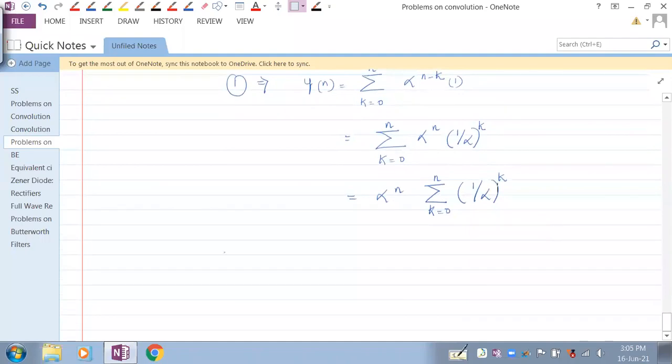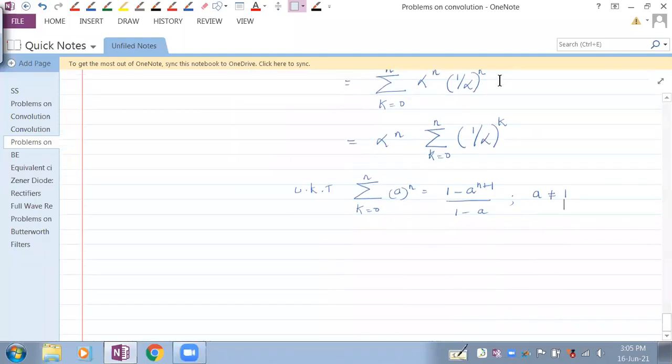And what we know? We know that summation k ranging from 0 to n, a power k is equal to 1 minus a power n plus 1 divided by 1 minus a when a is not equal to 1. So 1 by alpha is not equal to 1. It is less than 1. Understand that? So therefore, we have